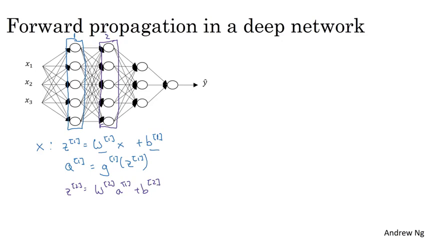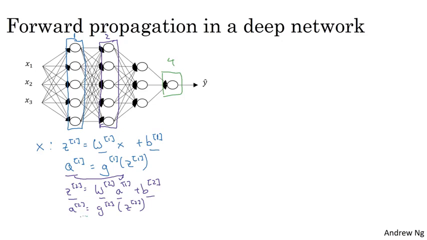So the pre-activation of layer 2 is the weight matrix times the output of layer 1, plus the bias vector for layer 2. And then A2 equals the activation function applied to Z2. Okay? So that's it for layer 2, and so on and so forth,